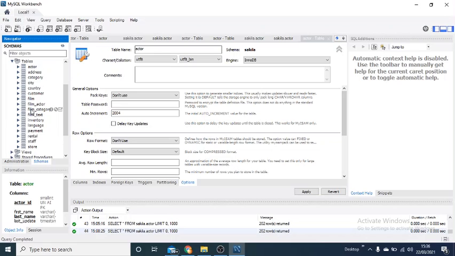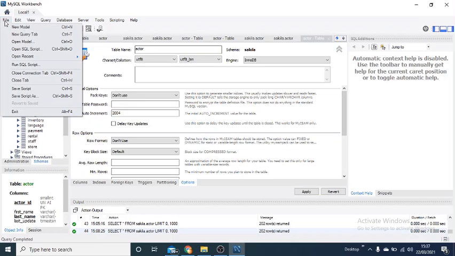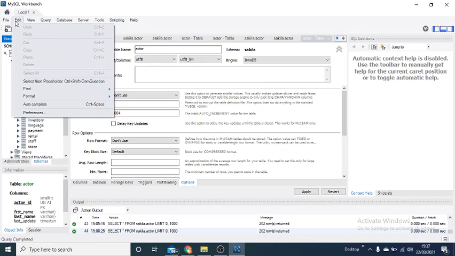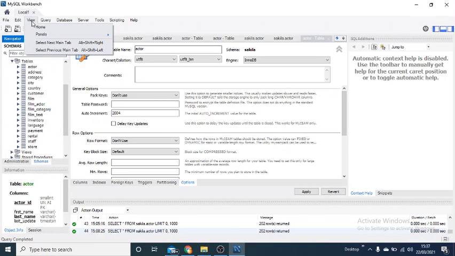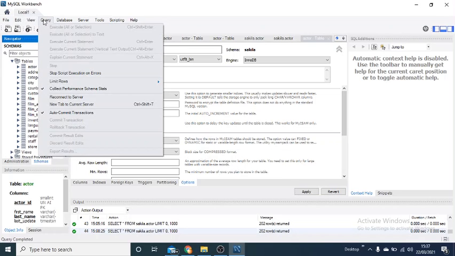Now let's go back to another section of MySQL Workbench. That is this option, the tools bar. In the tools bar, first if you click the file option, you are going to see multiple options. You can explore it. It's pretty straightforward, as used in Word or Excel or any other one, so you can explore it further. Then in the edit option you will see multiple edit options available. Then you can come to the query section.